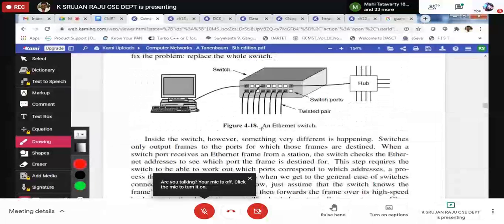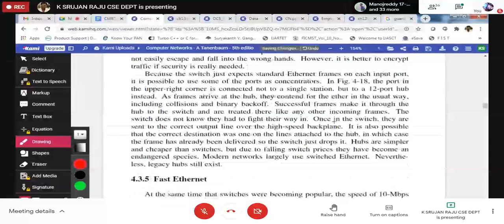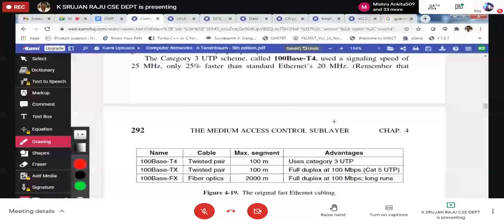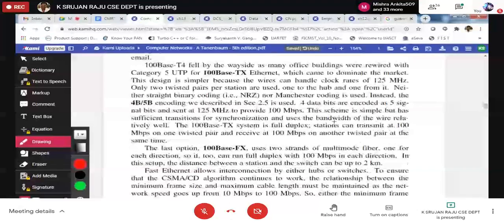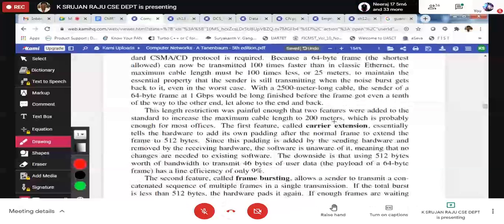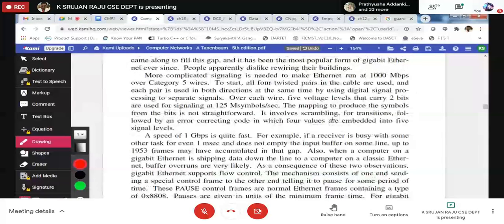We are going to use the Ethernet switch for that. Fast Ethernet, switched Ethernet, Gigabit Ethernet. This is how exactly we have the switching techniques in your Ethernet.